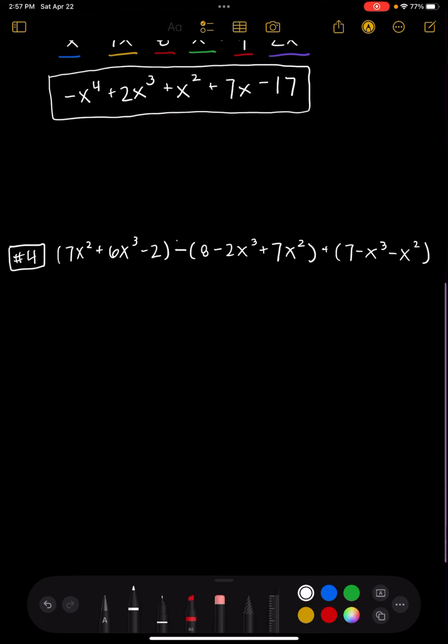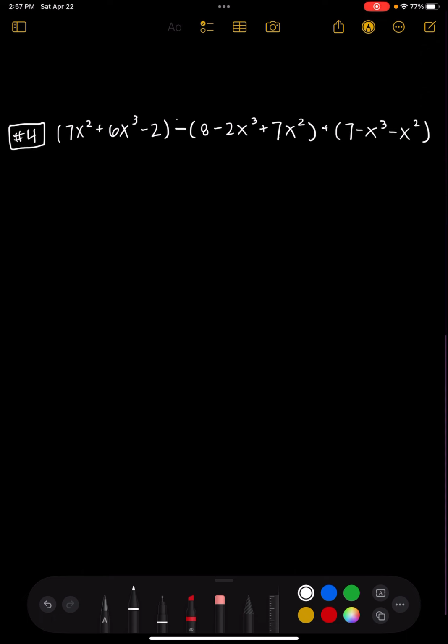All right, so let's go to this last example. On this last example, we have 3 sets of parentheses. Notice you do the first set minus the second set plus the third set. So remember, when we subtract, it's like that -1 goes in front and we switch the signs inside that set of parentheses. So what's going to happen is we're going to take this second set of parentheses, because of this minus sign, we're going to rewrite them with the flipped